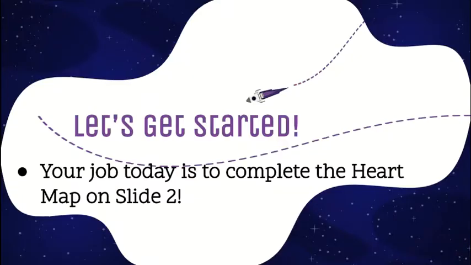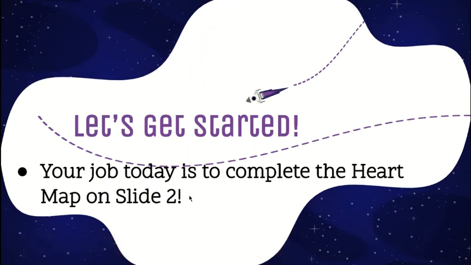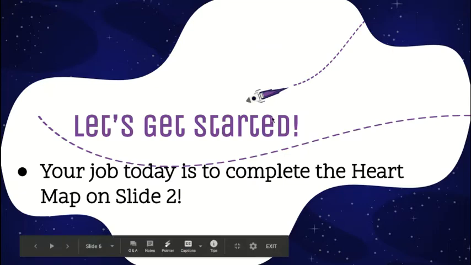So your job today is going to be to do the heart map on slide number 2. Try your best to fill out every single bullet, because if you were to do that, you would have way more ideas that will help you get started in your writing. And actually,